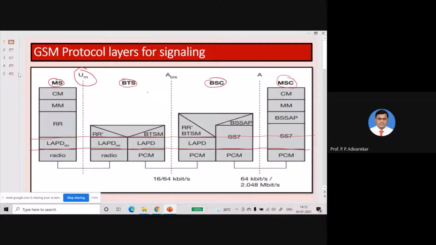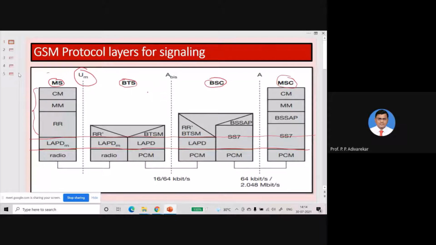And the third layer, this complete part, is divided into at most 3 sublayers. Out of these 7 layers, only 2 layers are basically defined in the GSM protocol architecture. The remaining 5 layers are the responsibility of the service provider. The third layer has 3 sublayers at the mobile station, because these 3 things are only available at the mobile station.